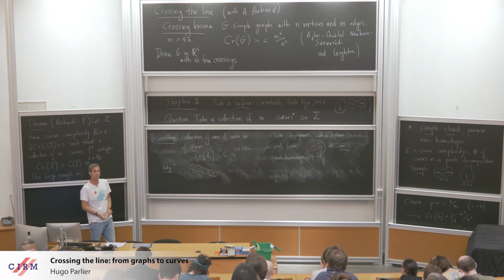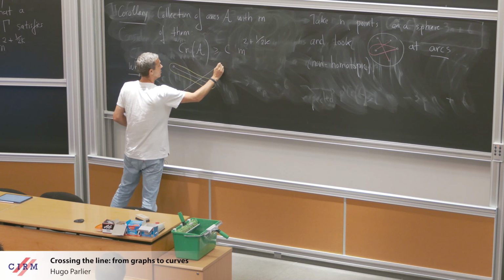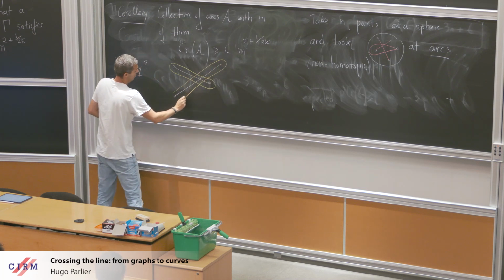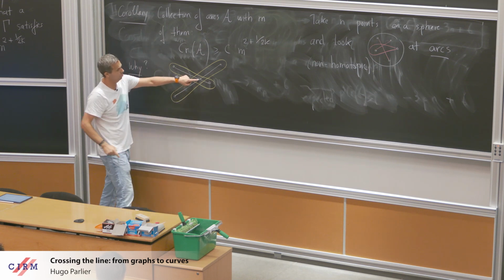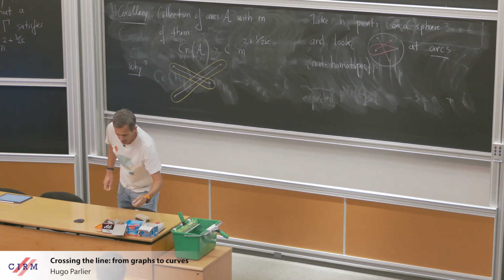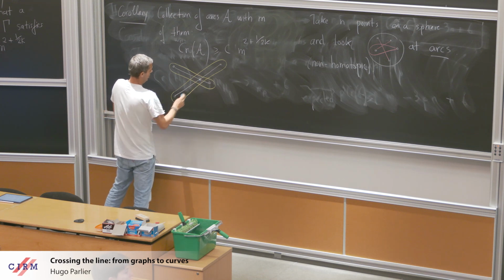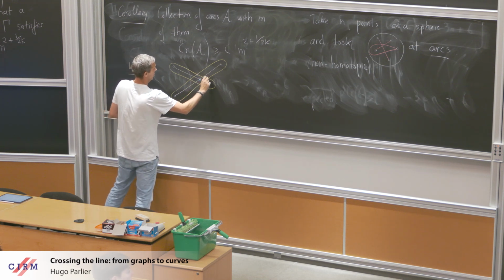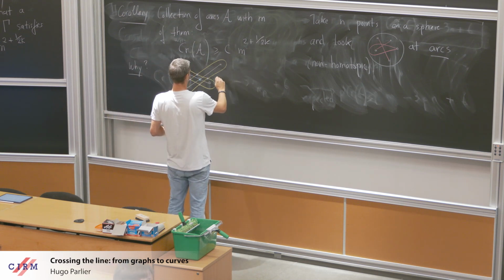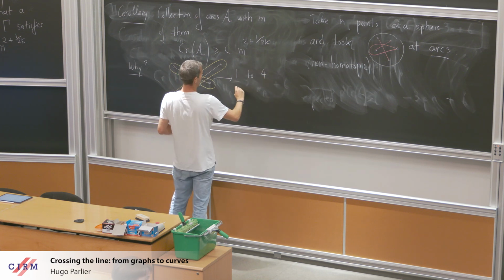And now if I have two arcs that intersect, of course my drawing is not generic in any way, but every intersection between 2 points on the arc corresponds to 4 intersection points on the curve. And because I'm being lazy about constants anyways, that's fine. So here I have 1 point, and then here I have 4 points.